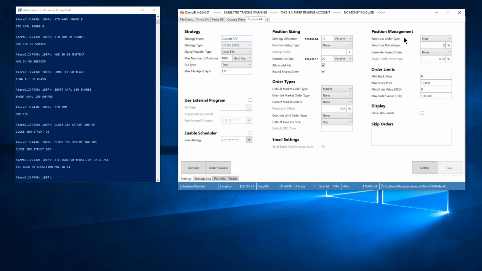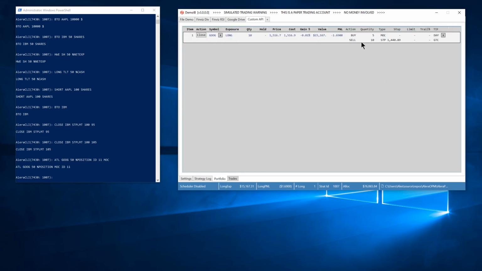So in this case, I put a stop order for 5%. What it's doing is it puts a stop order in the market, and it puts it for 5% below the current price, and it's going to sell all 10 shares. Now, one cool thing is that if this order were to execute, for example,